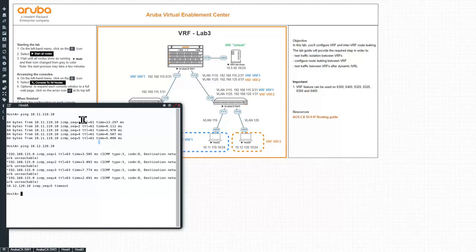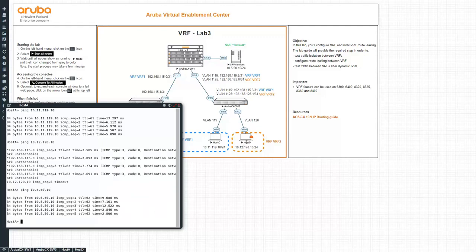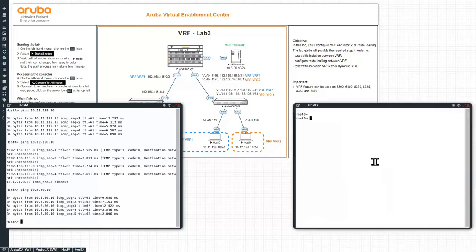Let's check now that host A has the capability to reach the services server. As you can see, it can ping. Let's see if we have the same on host D, so in VRF2. We have the same capability.